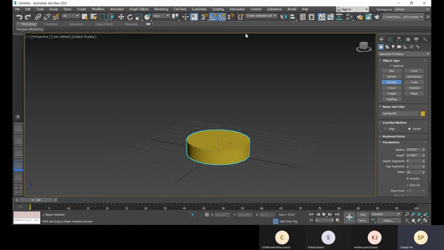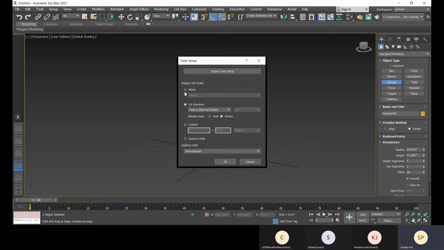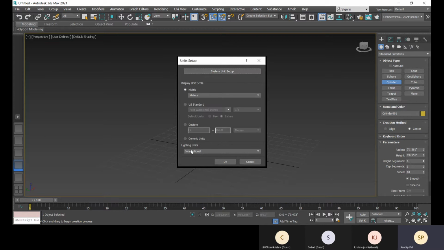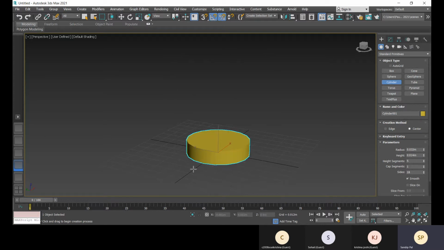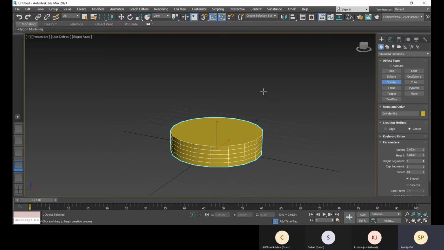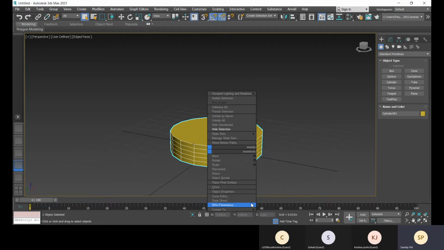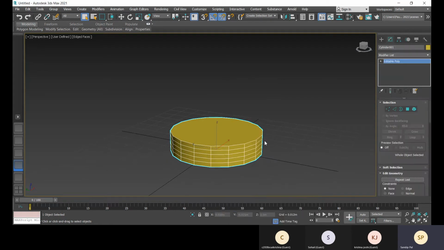Okay, unit setup. Click on OK. Okay, all right. Press F4, you can see it. Now what I'm going to do is convert it to editable poly.